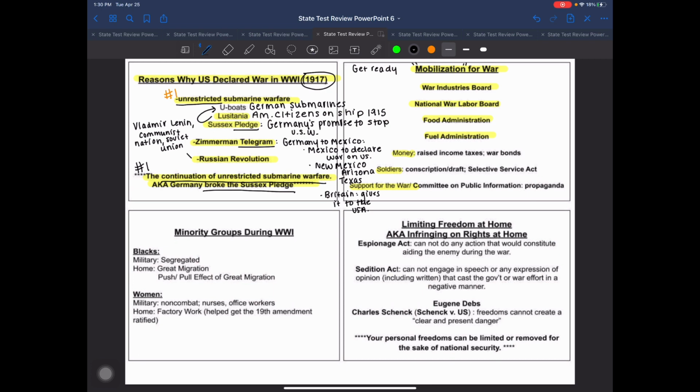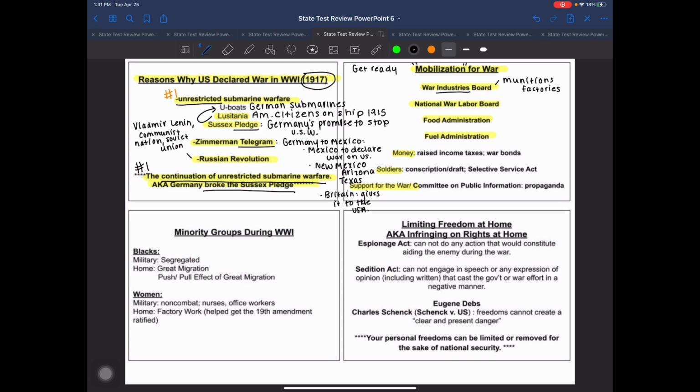Hey, pay attention to the words. Sometimes laws and organizations, if you actually pay attention to the name of them, it kind of gives away what they did. So this first one, industries, our factories are going to turn into what we call munitions factories. The government is going to choose certain factories and give them contracts, and they are going to transition from making everyday goods to making war equipment, to making munitions. So that's the first thing. We got to get war equipment produced.